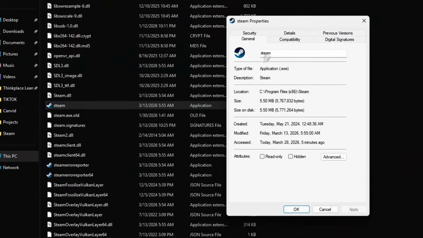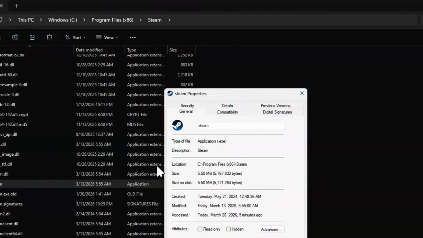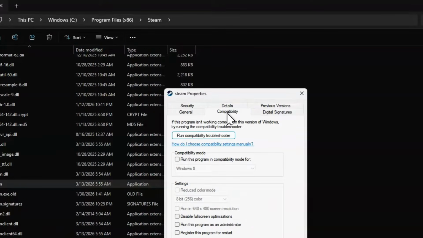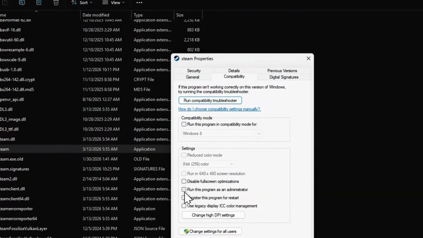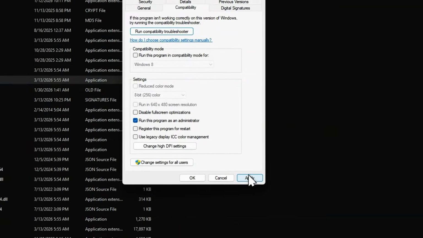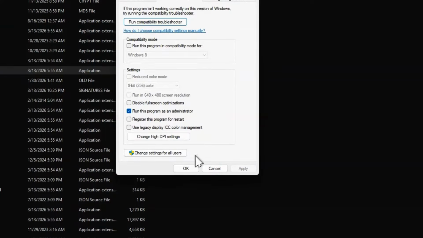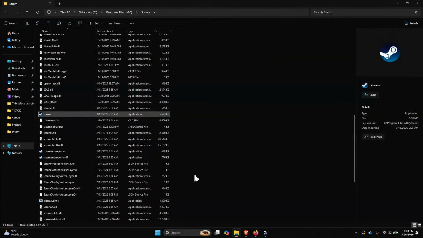Then on the properties page, you will see different options. You'll select compatibility. Then under the compatibility page, you'll see an option that says run this program as an administrator. Check the box. After checking the box, click on apply. Then click on OK. So this should work for you, but if it doesn't, another option we have is right